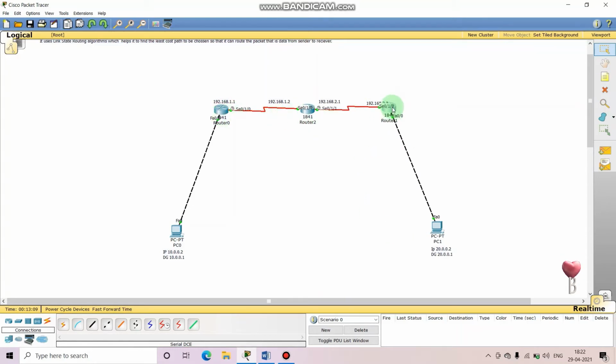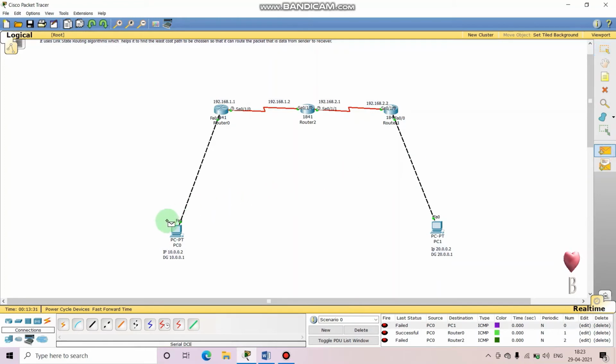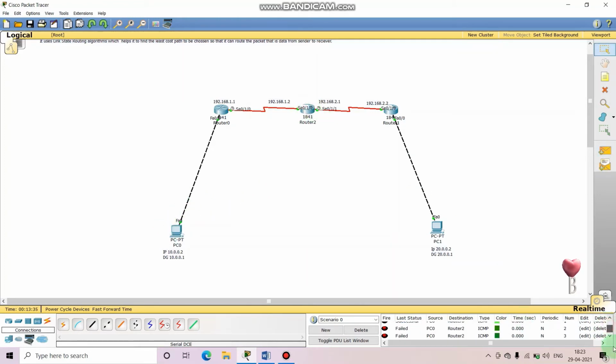So now the packet should get transferred, right? But it will not. You can see it failed. Okay, I have also told you in the previous videos that you can go like this. Here it is successful. Here it is failed. Why is it not working? Okay, maybe the first time it fails, the second time it would be working. See, it has failed now also. Deleting these all. Yeah, why is it not working?